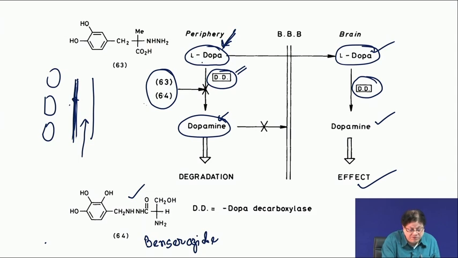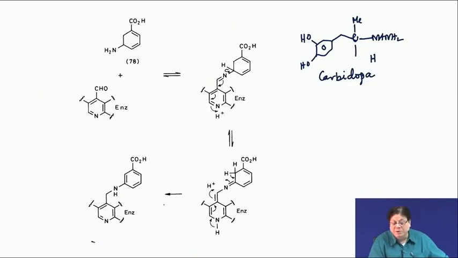So, these are some of the compounds which act as DOPA decarboxylase inhibitors. This compound, benserazide, is a DOPA decarboxylase inhibitor, and then you have a very similar kind of inhibitor which is called methyl DOPA. The structure is not given here. Methyl means there is an alpha methyl, so at the alpha carbon you have a methyl group. I think I have the structure somewhere, carbidopa. So, not methyl DOPA. Methyl DOPA is also another compound which you can